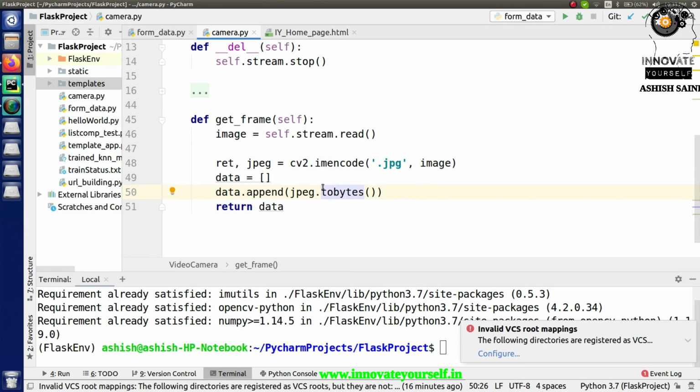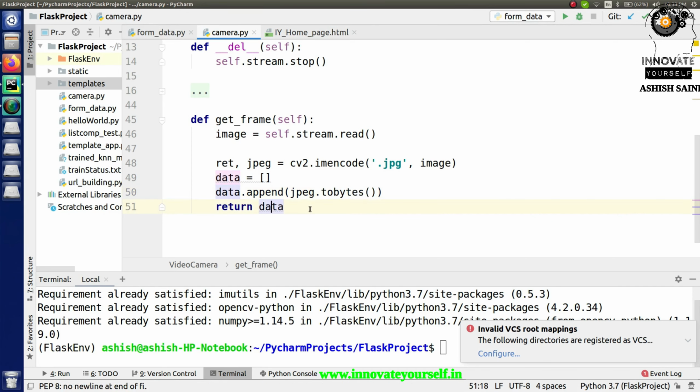So we need to convert it into the byte format, so that it can be sent anywhere, because right now I'm working on a local server, that is okay, but in future it's possible that I can send it to a global server as well, right? So this is why we actually require converting it into the byte format, right? So this is what exactly I'm doing.